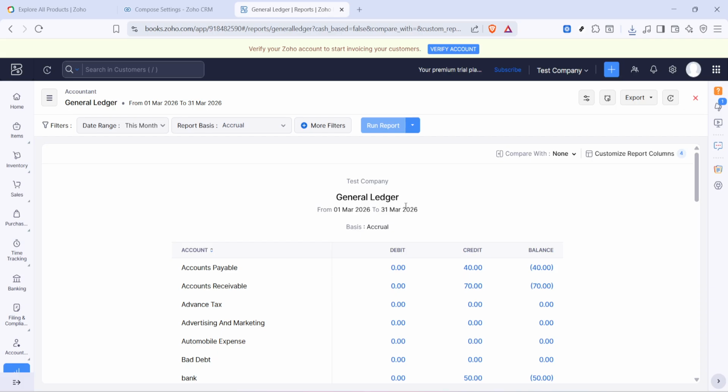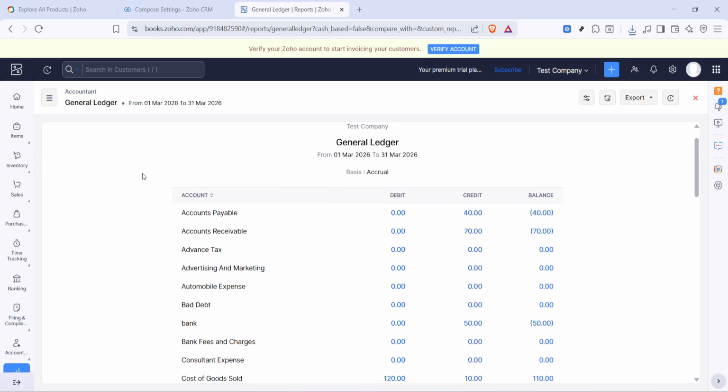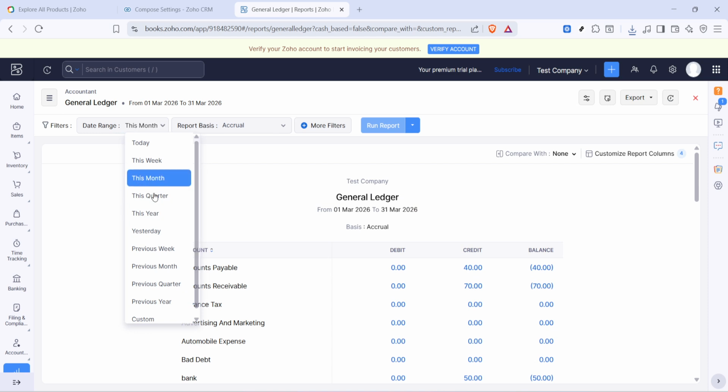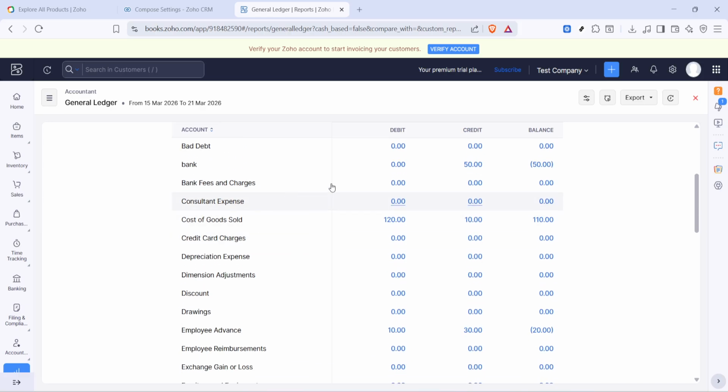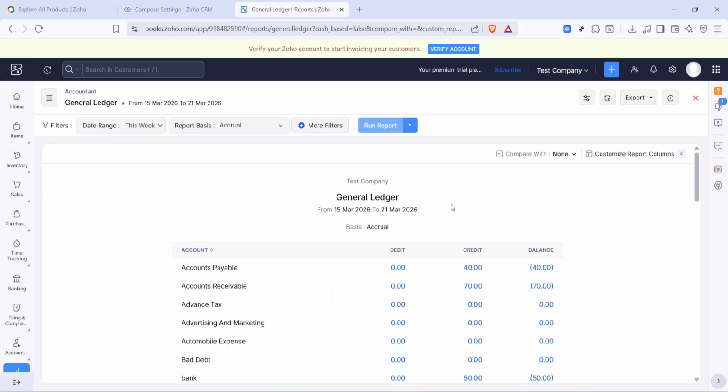You can use quick presets like this month or this quarter, or set a custom from and to date for a specific period. Picking the correct window is key, especially if you are reconciling a month-end close or reviewing a prior period. After selecting your dates, apply the filter to refresh the report. The ledger will update to include only transactions within that period, so your totals and balances reflect exactly what you